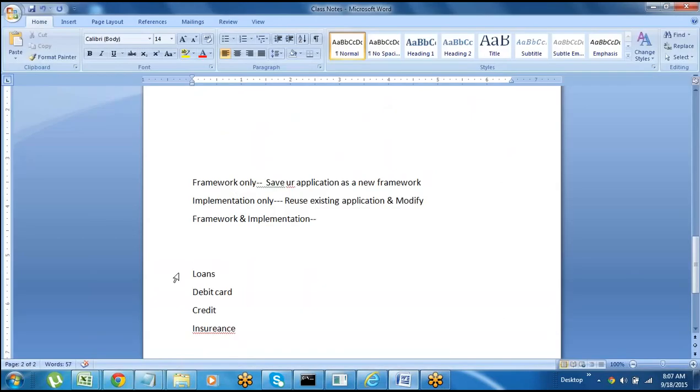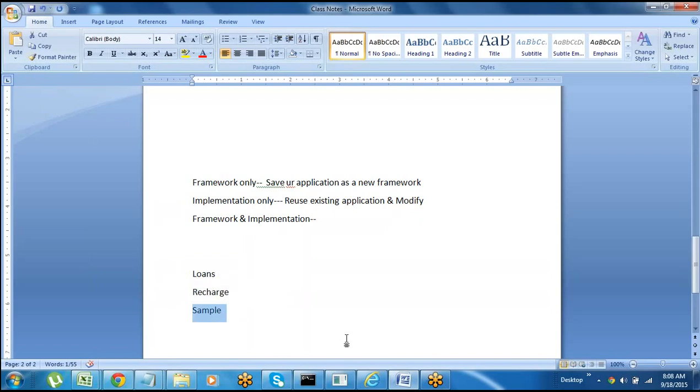Here I'm going to add 2 or 3 modules. For example, loans I'm giving as one module, some other module I'm giving as recharge, and some other I'm giving as a sample. If you want to show some sample examples, I'll use this one, and for other examples I'll use loans, and for the total project I will use the recharge example. I'm adding 3 different modules in this application, so we'll be working on these 3 modules.